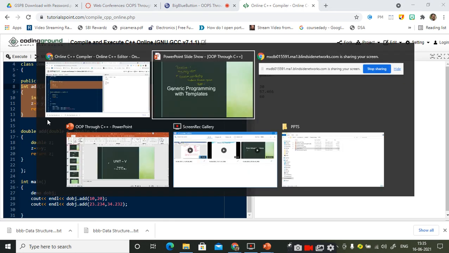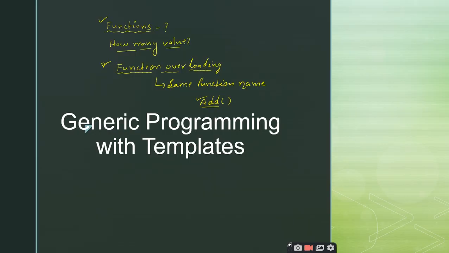Yes, sir. Right. The last question I would like to ask you is, what is generic programming used for? What is the purpose of generic programming? To reduce redundancy. Right, to reduce redundancy or to reuse the code. The main purpose is to reuse the code, right? And how can you implement this generic programming? Using templates.